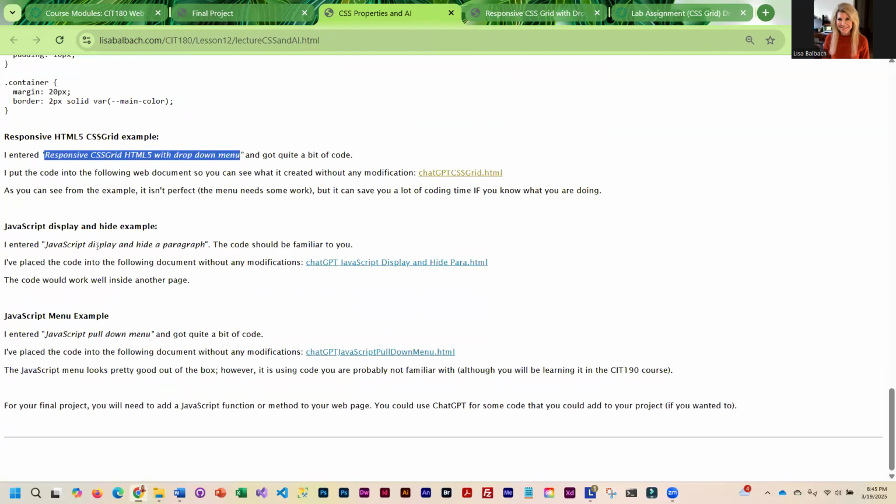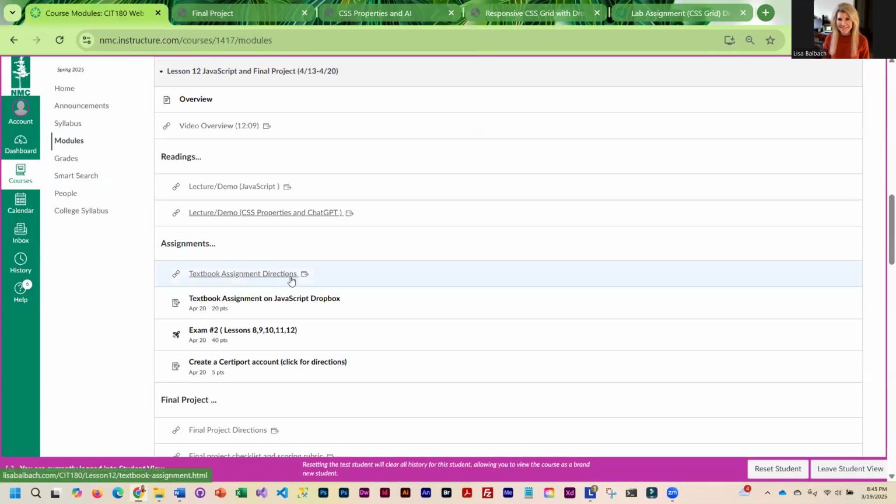Okay, so here are some of the other prompts I gave it, and then I'm showing you the code that it generated. While it's not perfect, it is a pretty good start, and it will save you a lot of time. So the assignment for this week, there is only a textbook assignment